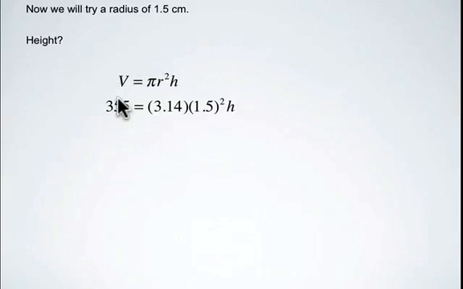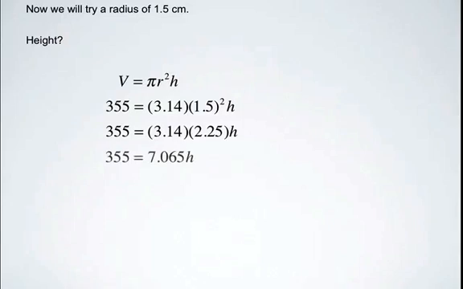We know that the volume has to be 355, that's fixed. Pi is 3.14. We're using a radius this time of 1.5, and again the unknown is h. We're trying to find out what the height of this cylinder would be. In the next line, what we've done is 1.5 squared gives you 2.25, and we can multiply those two values on the right to give you